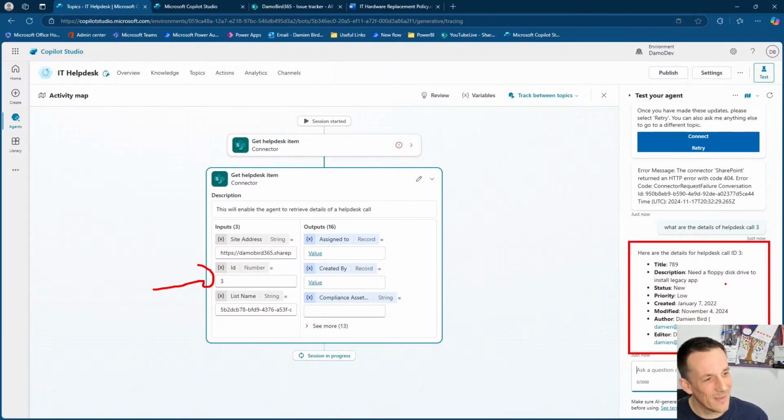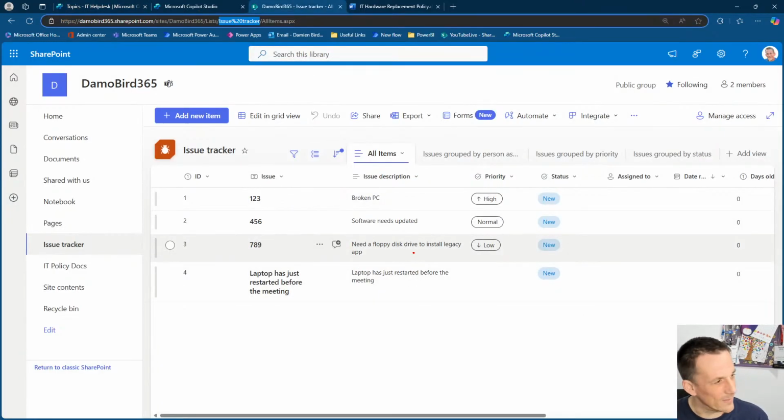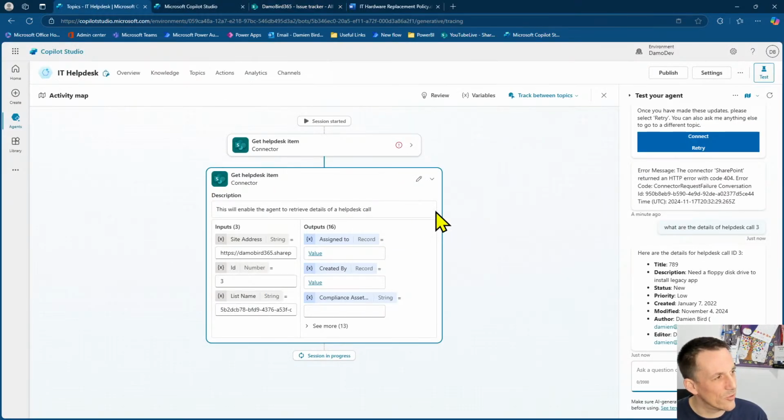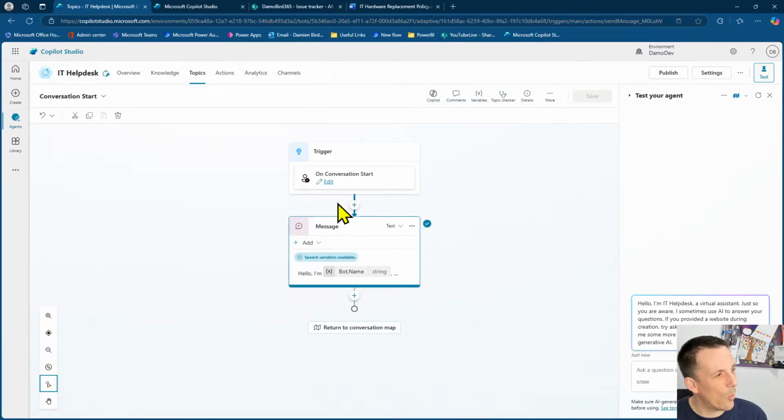So we have needs a floppy disk drive to install a legacy app, and if I jump across onto my list, we can see that number 3 has need a floppy disk drive to install a legacy app. So very quickly we've added in an action into our agent, and because we've enabled, if we go into that settings, because we've enabled the generative feature in our agent, it's now able to dynamically choose between either topics or